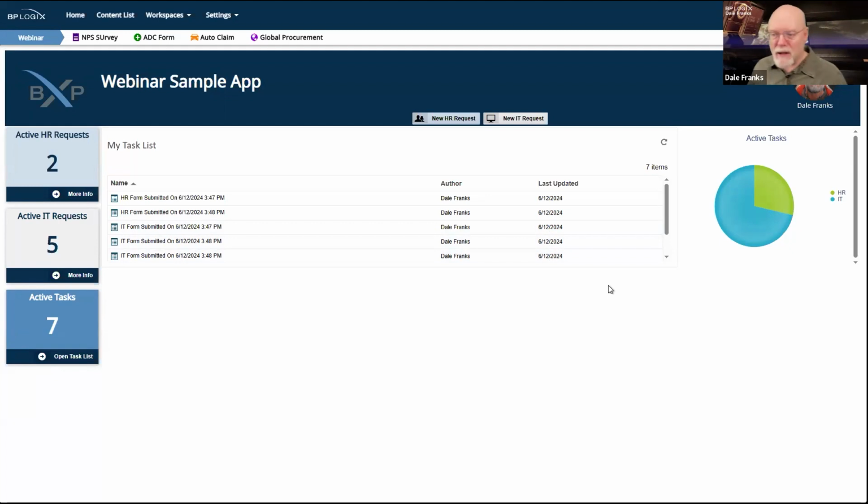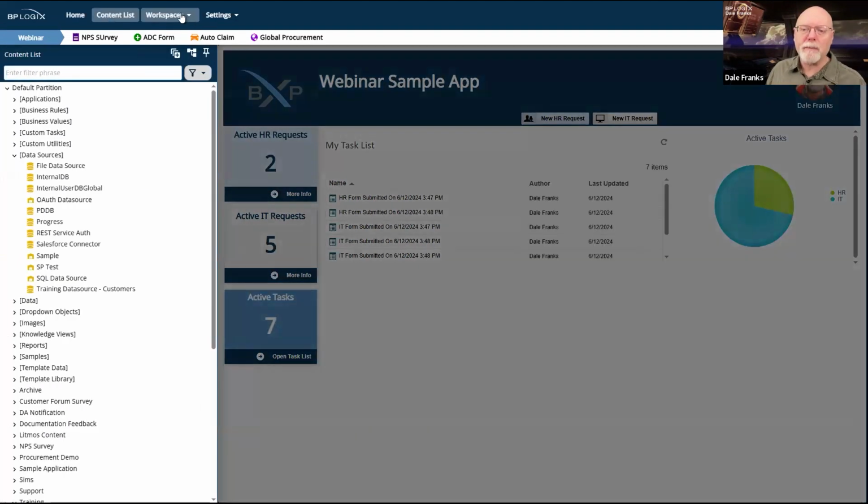Keep in mind, this is a Process Director form that I've built just using normal Process Director things. There's no programming in here. There's no special sauce. Well, technically there is some special sauce, but it's very simple special sauce that allows me to build a UI out of Process Director.